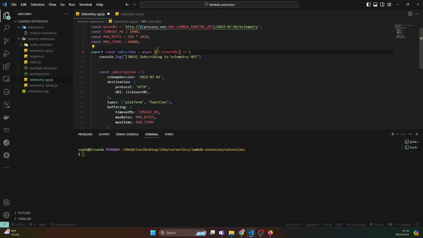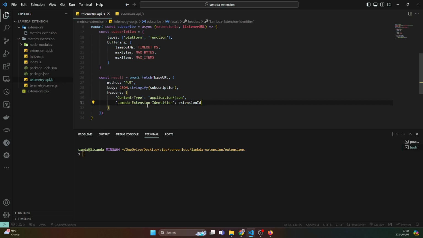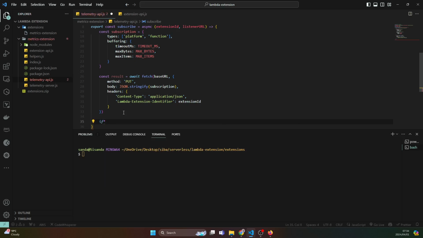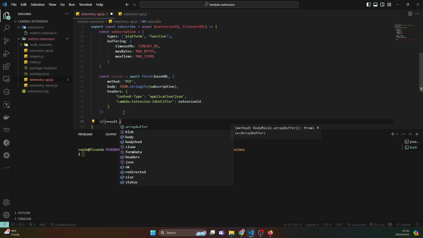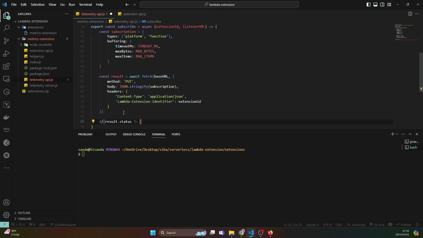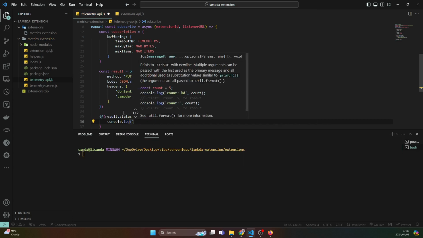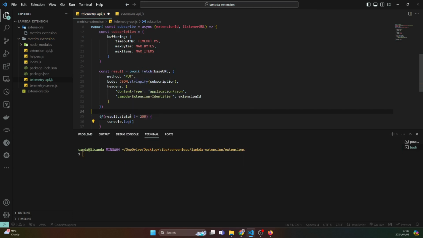Let me just make sure that we are passing this as well. So just give me this. I'll put it here. Then what we're gonna do is we're gonna say if result.status does not equal to 200, it's obviously an error, because what this API does is that it returns us a status 200. Again, that's in the documentation. What we're gonna do is we're gonna have error, and we're gonna say events subscription failed,